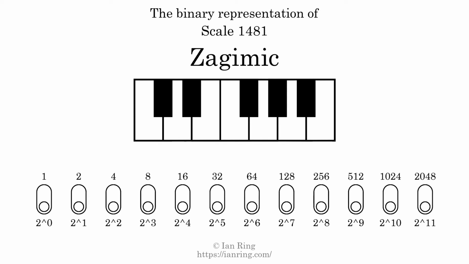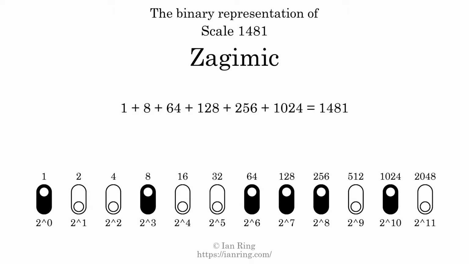The binary representation of this scale is determined by mapping tones of the scale to binary digits. Each binary digit represents a power of 2. To get the scale number, we add the powers of 2 together. The powers of 2 that are present in the scale, all added together, equals 1481. That is why the scale number, in decimal, is 1481. The scale number not only enumerates the scale with a unique index, but it also literally describes the tonal content of the scale. Represented as a binary number in base 2, the scale number is